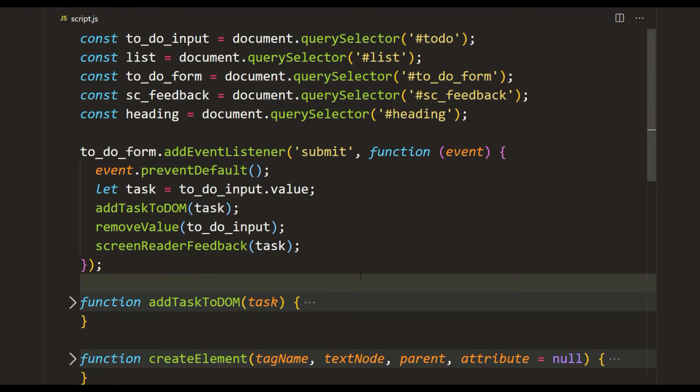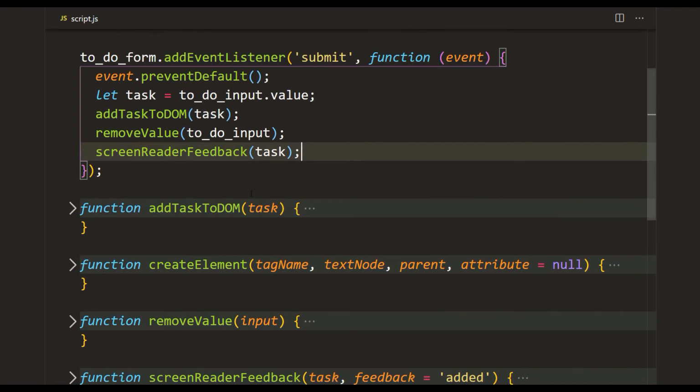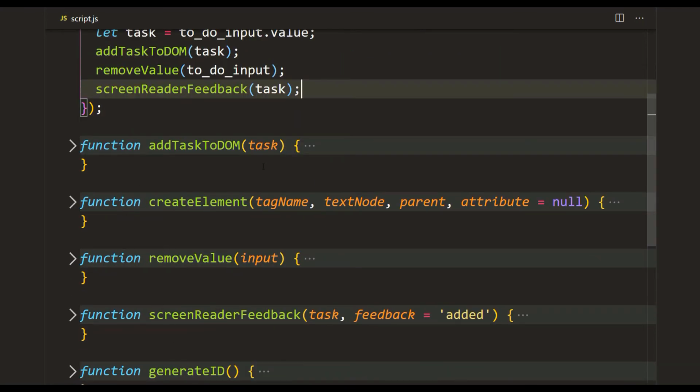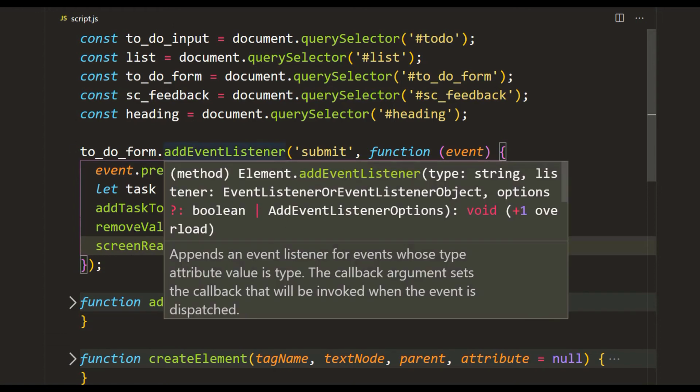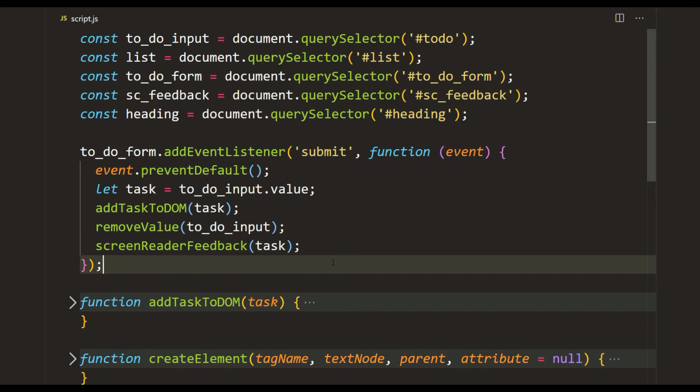So right now you're probably thinking, Stephanie, why did you create all those functions and add more weight to your program instead of just inlining the function bodies inside our main function or our event listener? The reason I did that is because of readability. There is a quote I read a while ago that said, programs are meant to be read by humans and only incidentally by computers. If you have no idea what this code is supposed to be and you open this code anew and you start reading, it makes sense.